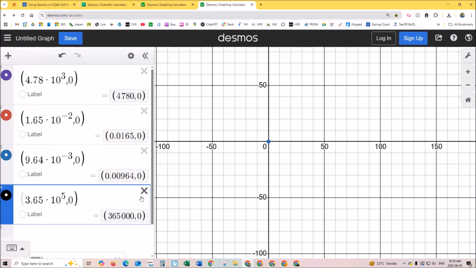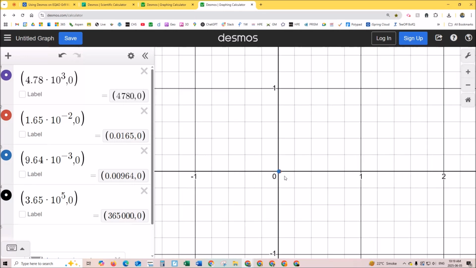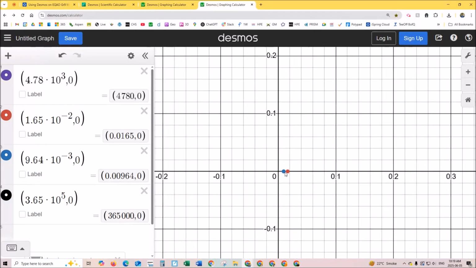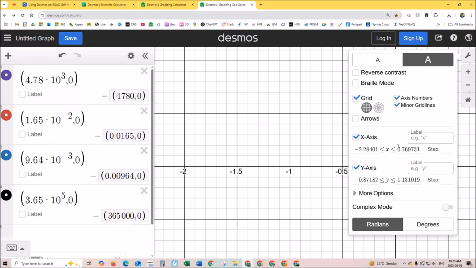So you see, of course, these numbers are really big and small, so it's hard to tell which is bigger or smaller. But if I zoom in, I can see that the blue dot is slightly smaller than the red dot. So I know that this value is smaller than the red. And then I'm going to have to go out pretty big, so I'm going to have to change my x-axis to